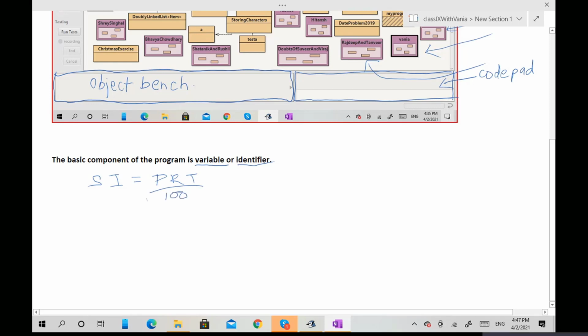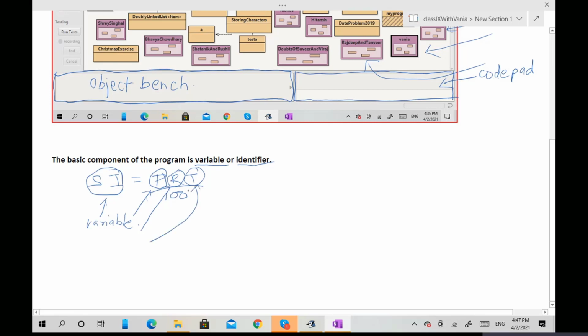Let's talk about these. What are these? This is simple interest, this is a variable. P is also one variable, R is another variable, and T is another variable.